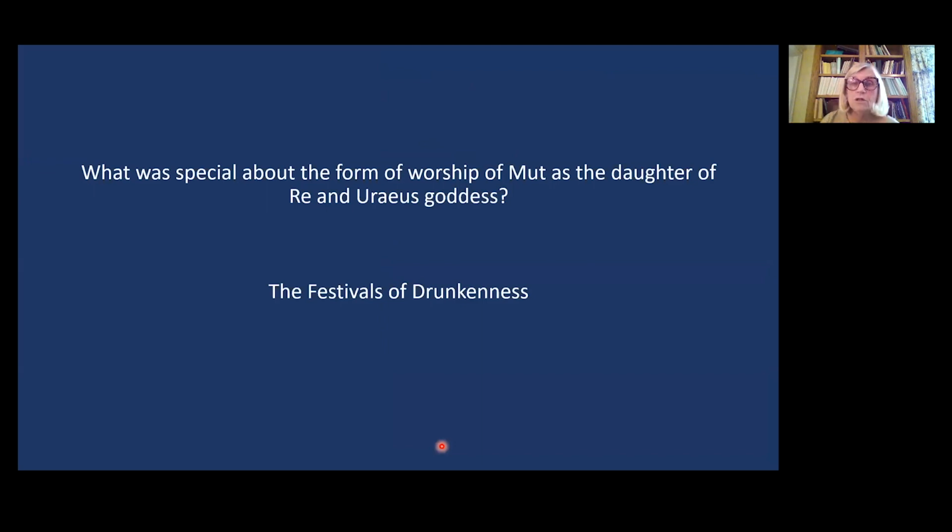So now, what was special about the form of worship of Mut as the daughter of Re and the Uraeus goddess? And that brings us to the festivals of drunkenness, which we have looked into in the Temple of Mut. So now we know that up until late in the 18th dynasty, this was a temple for the Uraeus goddess Mut Sekhmet Bastet, or Mut Bastet Sekhmet, and that goddess was an agent of the sun god, who on the